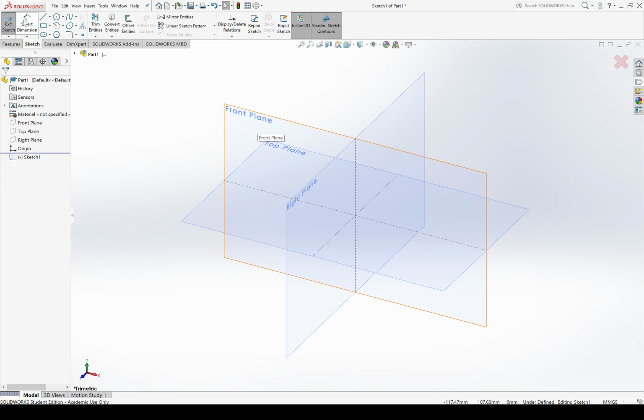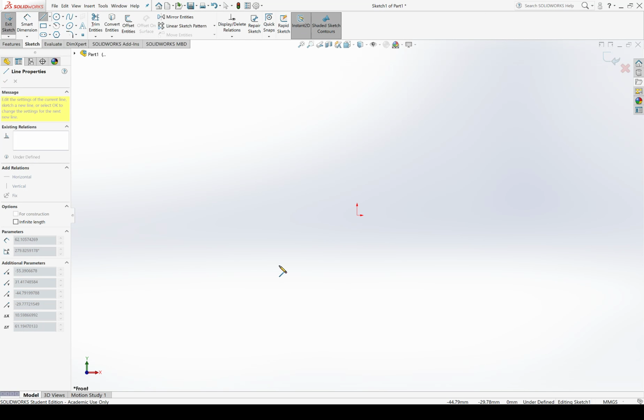Okay. My drawing tools include the ability to make lines, squares, circles, ellipses, curves, etc. I could create a square, for example, by clicking on the line tool, clicking out here in space, and then the next time I click will define the end of this line and the start of a new line. So I could click down here, and then I could drag off to the right, click again, drag up some distance, click again, drag back to the left, and click my starting point.